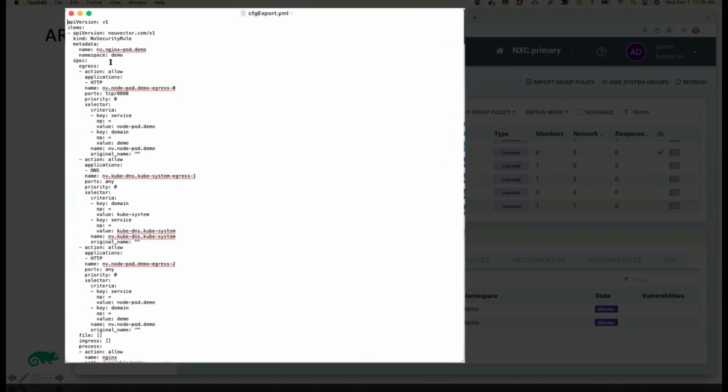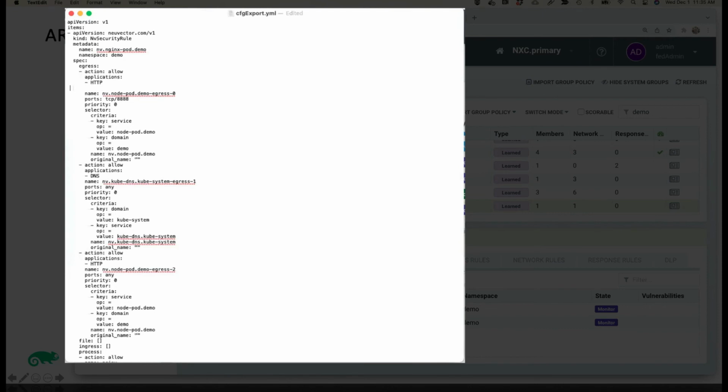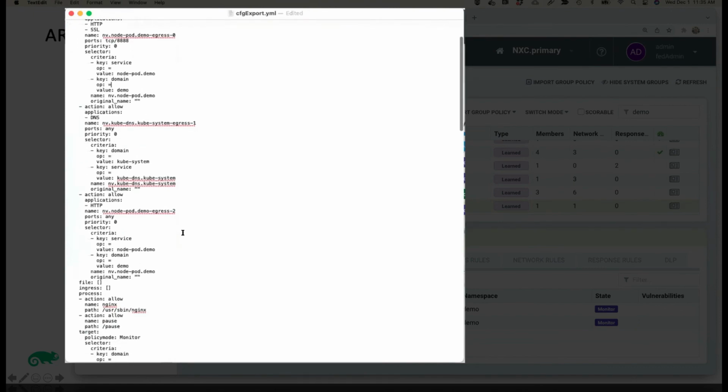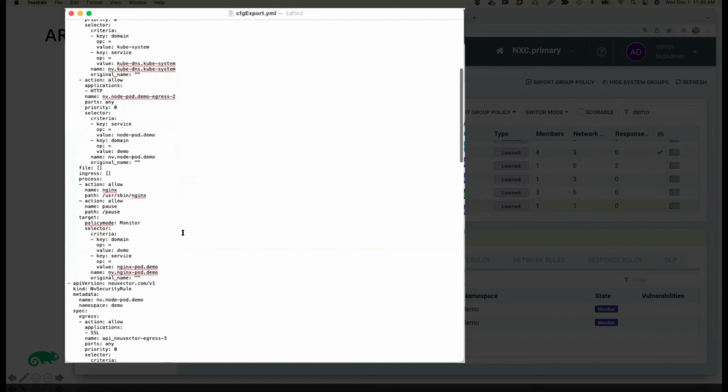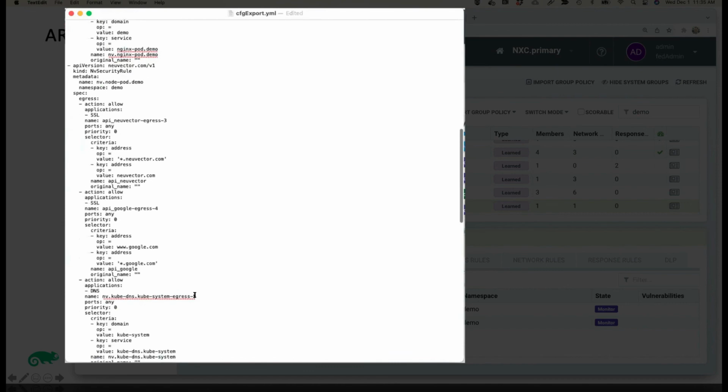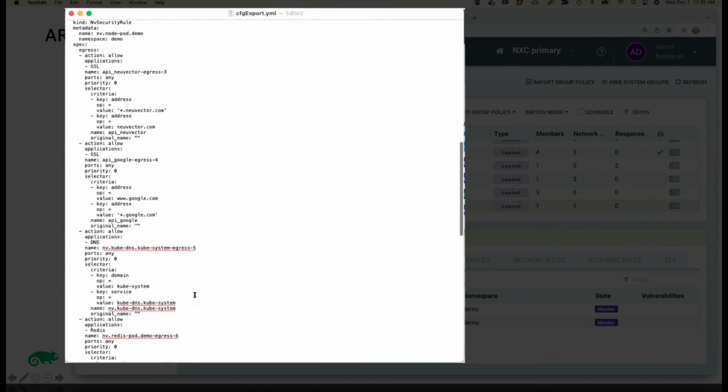And so this can be reviewed by your dev team or your DevOps team. And let's say Nginx is going to connect to Node. I'm not only going to allow HTTP connections, but SSL connections. I can simply annotate that, save it, and push it into the environment. And now SSL connections will be allowed. You can see also where we are defining processes that are allowed. This one's the Nginx processes that are allowed. Again, I can edit those if I don't want to allow those.